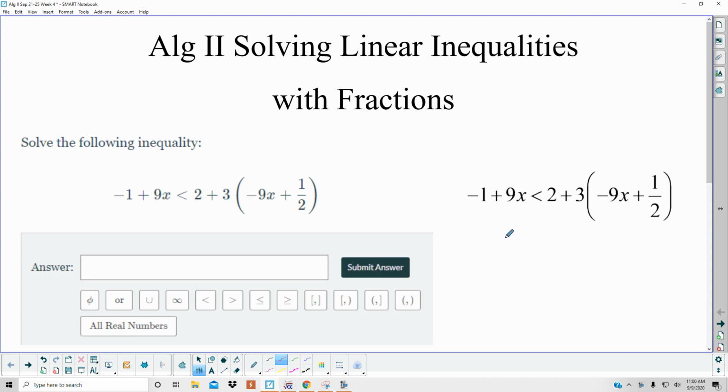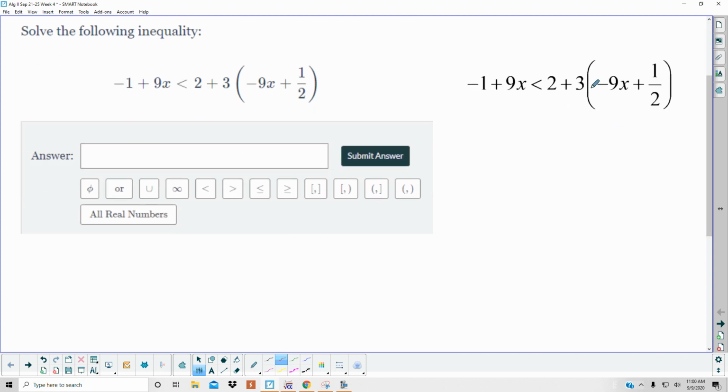So here goes. To solve this one, this is what it looks like in Delta Math. I've just rewritten it over here so I have room to work. Let me slide down a bit because I know I'll need it. The first thing that you have to do is distribute this 3 inside the parenthesis. So the left side just stays put, 2 plus, now this 3 is going to distribute inside. So that's negative 27x